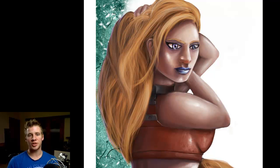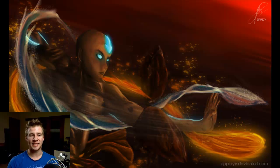There are proportion issues that can be fixed throughout the image, but the overall tone and ambition of the piece is very impressive and well deserving of a feature in this week's showcase, so thank you for sharing that with us and great job. Next piece by artist Zippity is called Aang, the Last Airbender, and it is his first